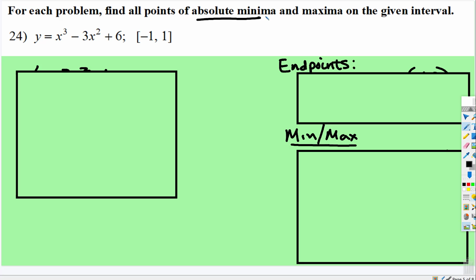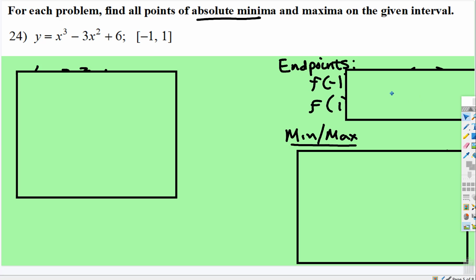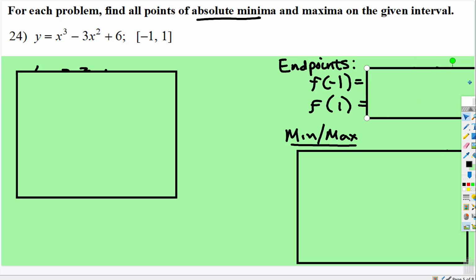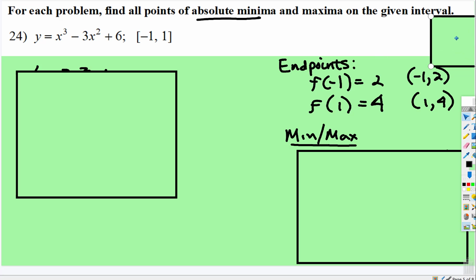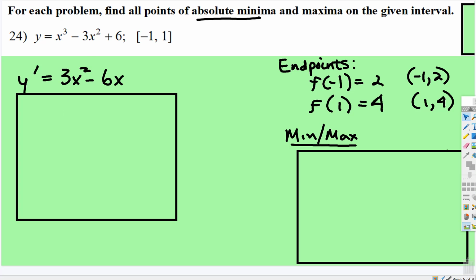So again, absolute min and max, so we are going to check our endpoints. We've plugged -1 into there, and we plug 1 into there, and these are the two heights that we get. So those are those 2 points. But now, to find our mins and maxes, we take the derivative of x cubed minus 3x squared plus 6, and we get the derivative is 3x squared minus 6x. These both have a 3 and an x in common, so when I set this derivative to 0,